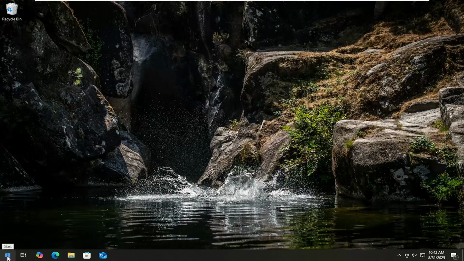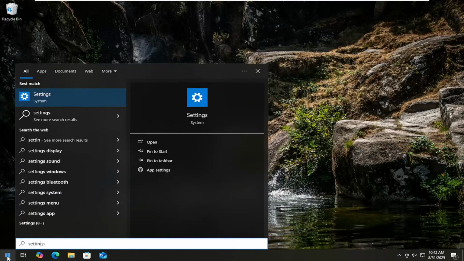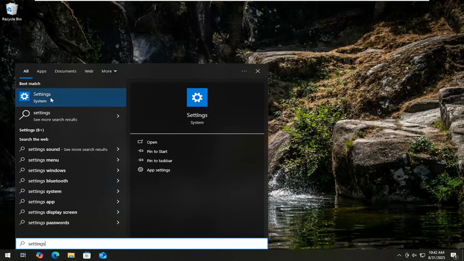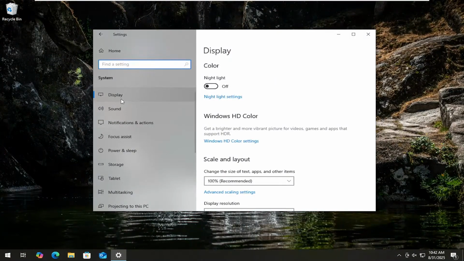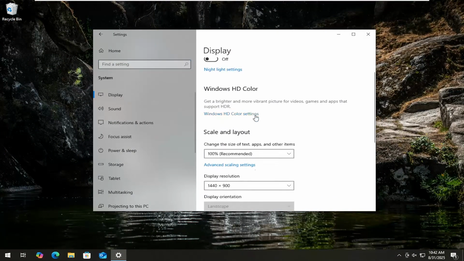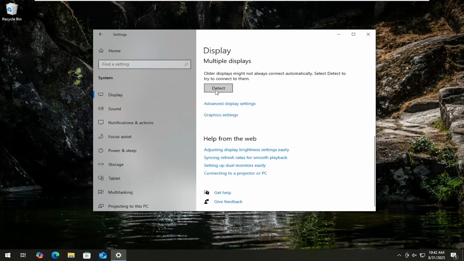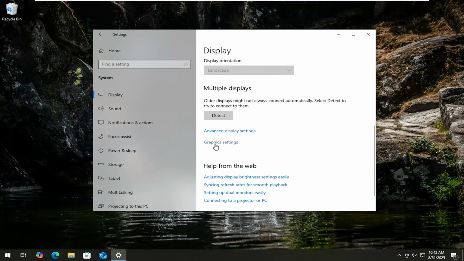So all you have to do is open up the search menu and type in settings. Best result should come back with settings. Go ahead and open that up. And now select the system tile. And then underneath system, select display. And then on the right side, scroll down and underneath multiple displays, select where it says graphics